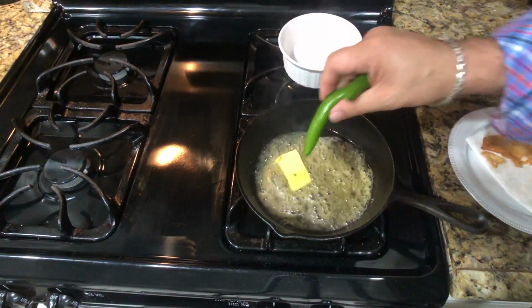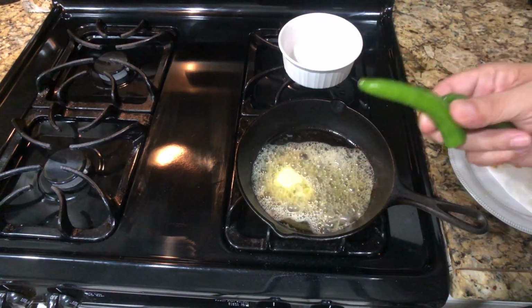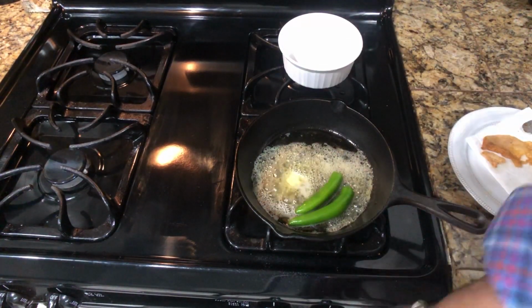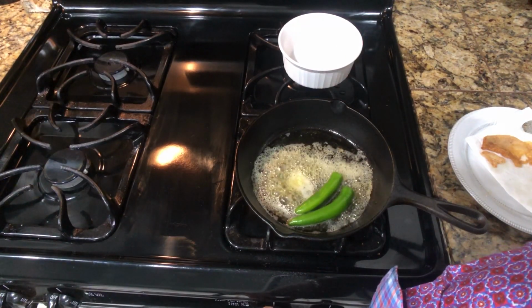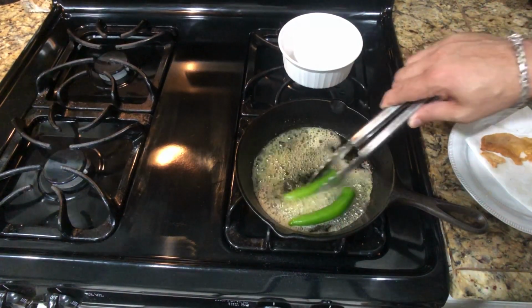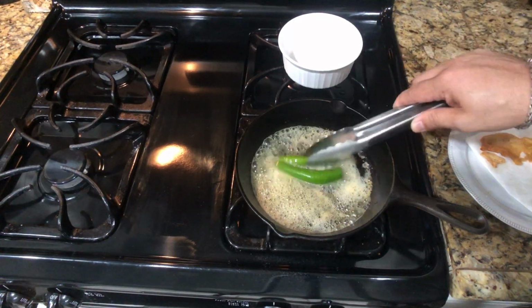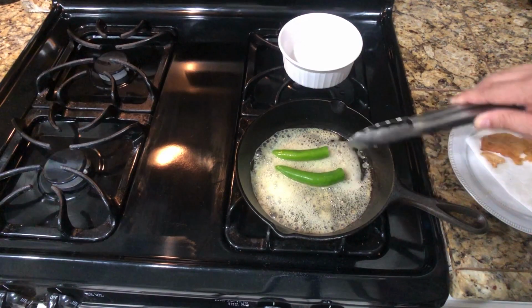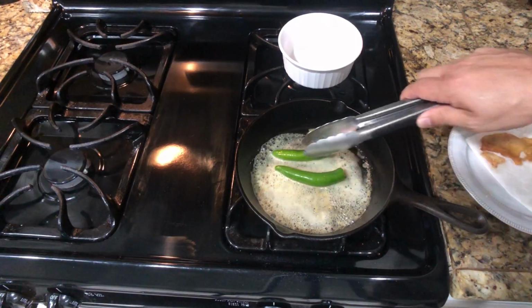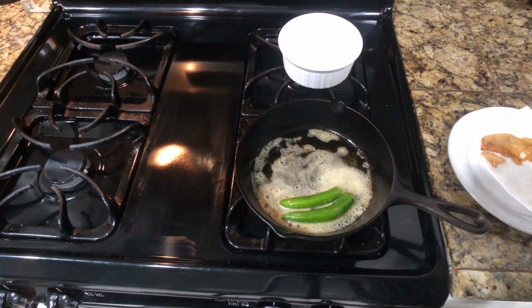This is called chiles toreados. And if you've ever gone to Mexico, you would want to ask for unos chiles toreados. Chiles toreados are actually chilies that have been boiled, just like this, in oil. Boiled, fried in oil. It is just the most delicious thing. What happens is the outside starts changing color, and then the inside actually cooks. So from a hard chili like this, it becomes soft and delicious. Of course, depending on how hot the chili is, it will also still remain hot if you eat it. So choose the chili you want to have toreado properly, or otherwise you're gonna be running to the fire hydrant